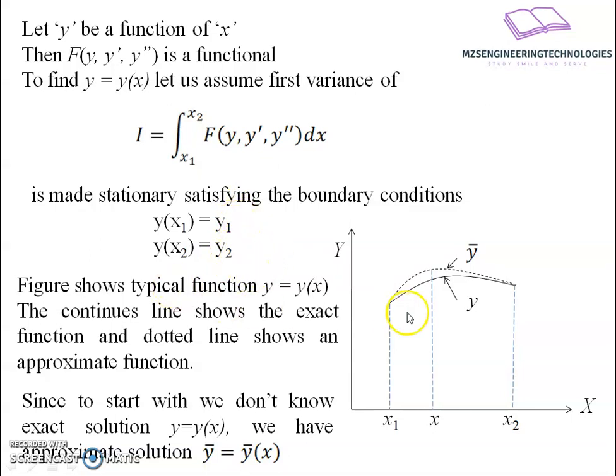For example, we'll look at this typical sketch which has been shown. The curve here has a variable y which is a function of x. So it has two extreme points x1 and x2, and it ranges between them. But we don't know the exact variation of this. Again we will consider one more curve here, shown in dotted line, which is on a similar trace, but here the ends are fixed and in the middle the value may have variation. Let us say this value is an arbitrary value y bar.